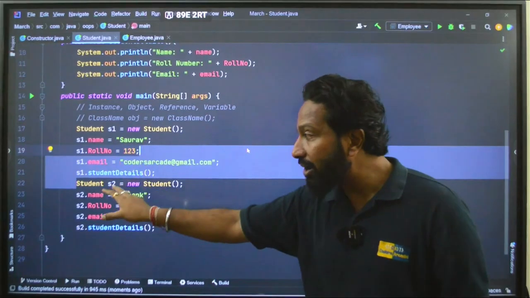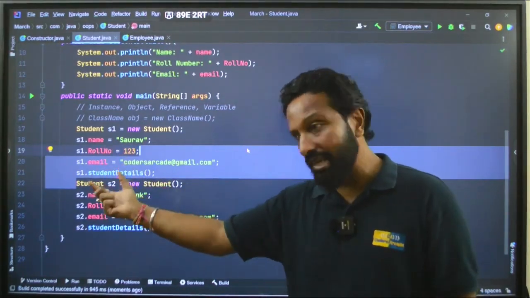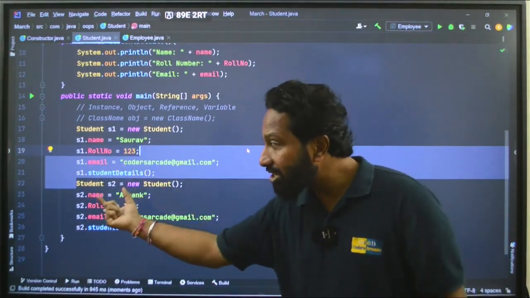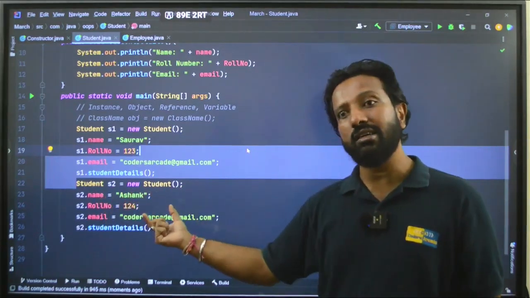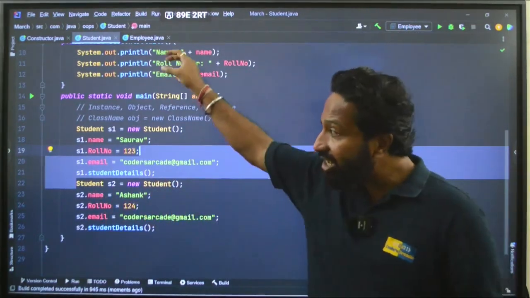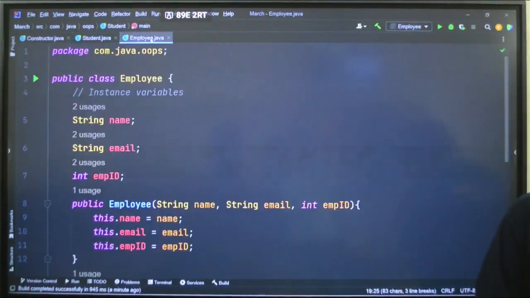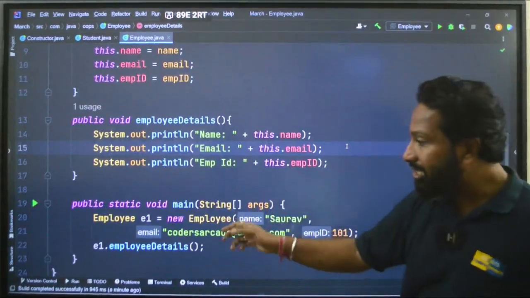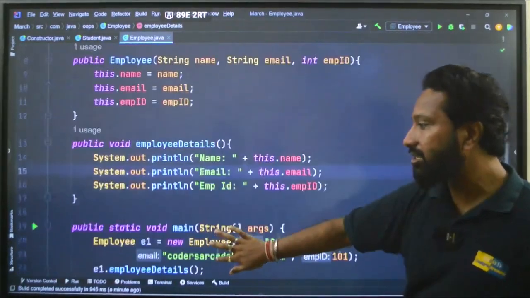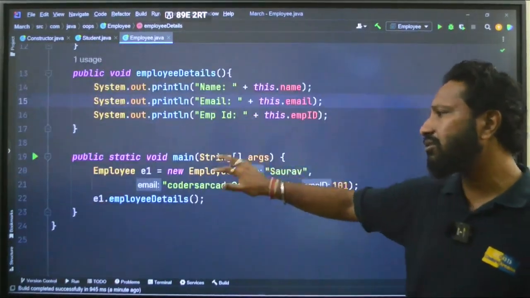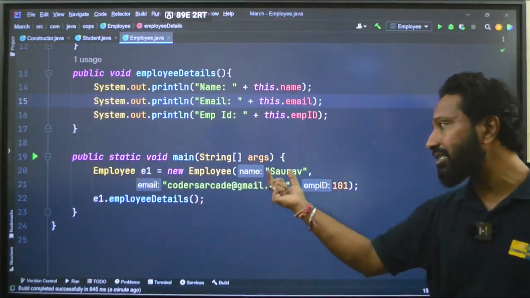The S2 object has a name parameter which has been updated to Ashank. So here the JVM knows because we are explicitly doing this. But in the object creation part here, we have not done anything like this, right? I am just creating the object and then passing the parameters.